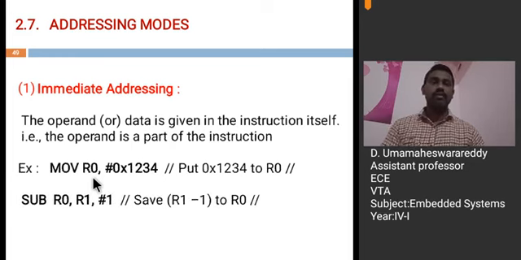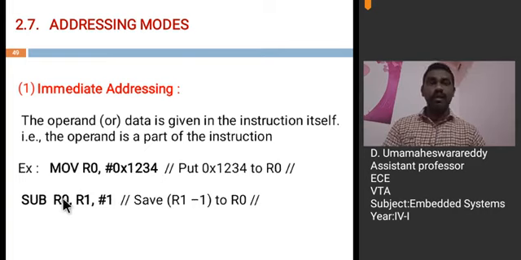See another example. Here in TM4C123, you have to remember one thing. It may have three operands like this. Generally, we know about two operands in an instruction, but TM4C123 contains three operands. Let us see what these three operands mean. What is the instruction given here? SUB R0, R1, #1. See here, what this means: subtract 1 from the contents present in R1 and move that result into R0.